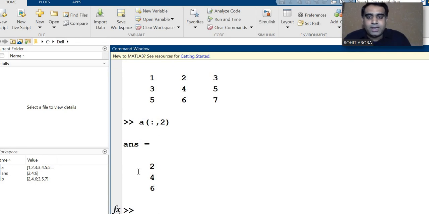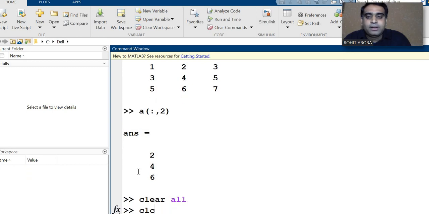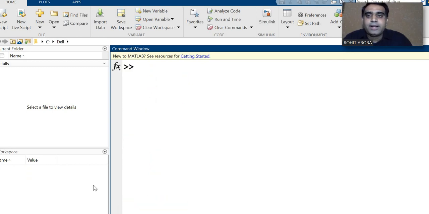Now next is, if you want to clear the command window history, then use clc, and if you want to clear the workspace, then use clear all. Enter it, clc, correct. Now next part is if you want the values in diagonal positions.